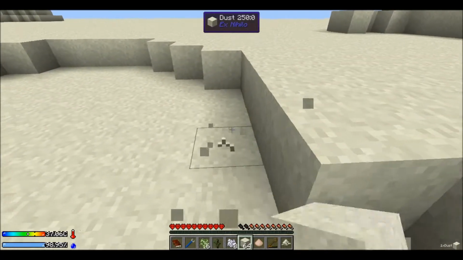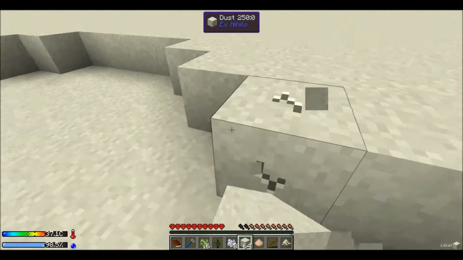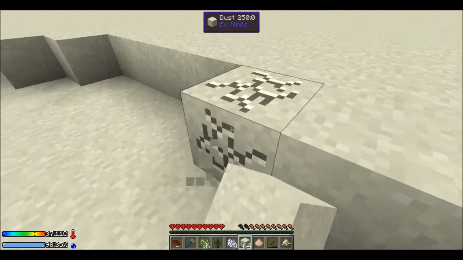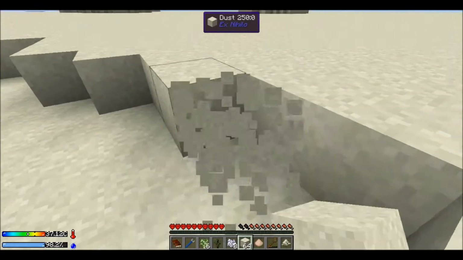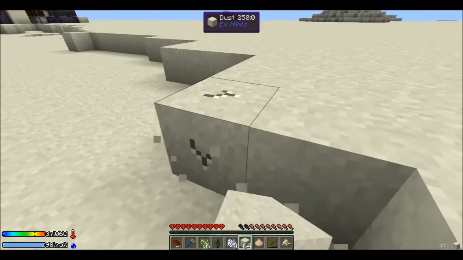Another thing I want to do is I want to get a pickaxe so I can dig through the factory blocks that the ship is built of and make an underground base so that when